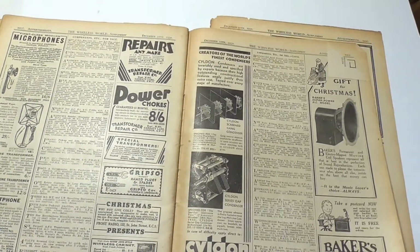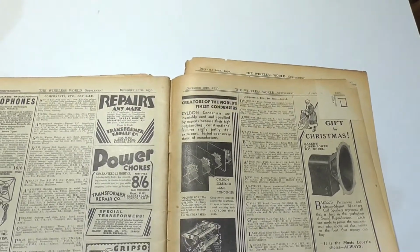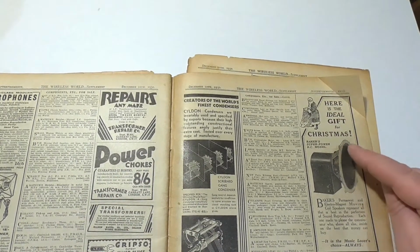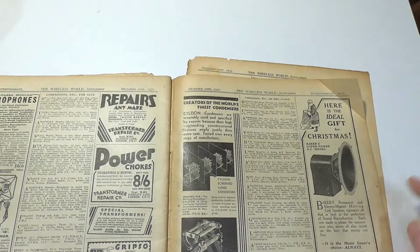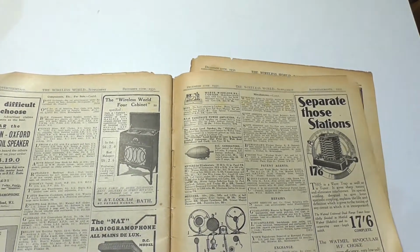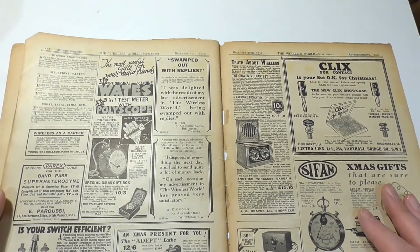And over here, we've got, that page is folded over. Here is the ideal gift for Christmas. Baker's Superpower DC model, permanent and electromagnetic moving coil speakers. So again, upgrades to radios mainly. We're very nearly at the end here. Oddly enough,